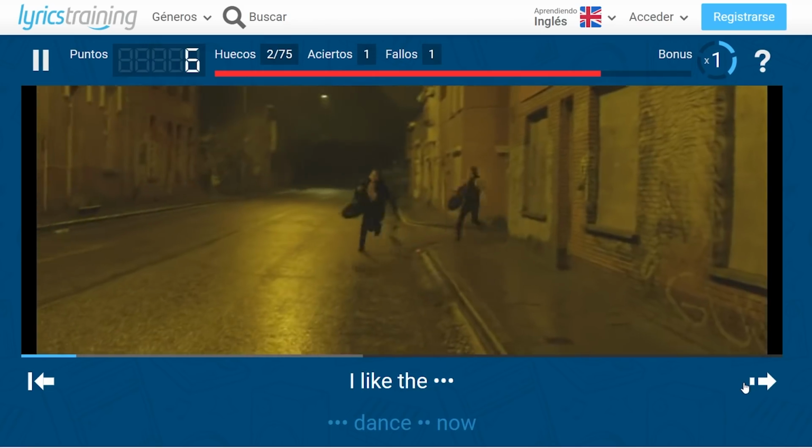So it's great whether you're a beginner or more advanced. What's more, it's a good way to practice both listening and vocabulary at the same time. The other way is to use the principle of lyrics training to help you learn through spaced repetition, which is